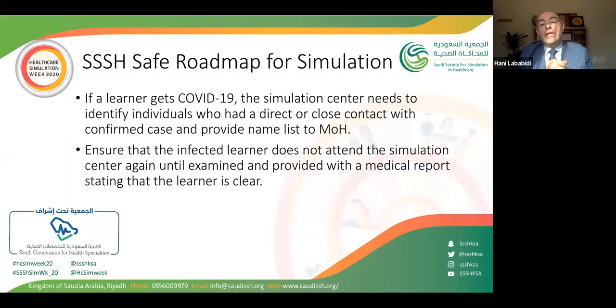Now, if a learner has COVID-19, the simulation center needs to identify all the contacts. So you need a logbook, electronic or written. At Crescent, we have everything electronic now, so we don't have papers at all. You come, you sign in, and we know exactly who is in the center and who got in contact. And if this learner got infected by COVID, he or she should not come back to the simulation center, let's say a medical student, unless cleared by infection control or by a physician,